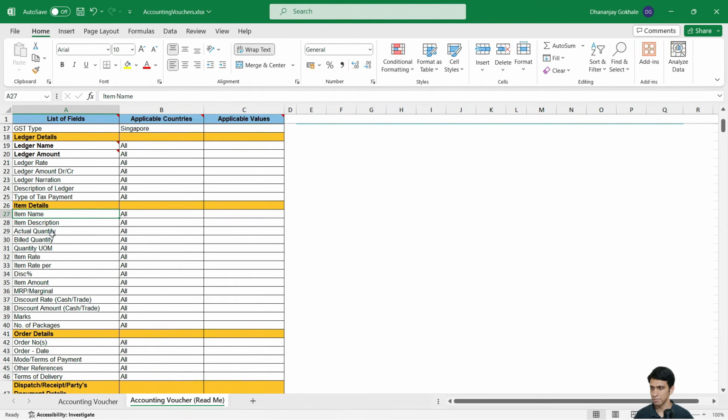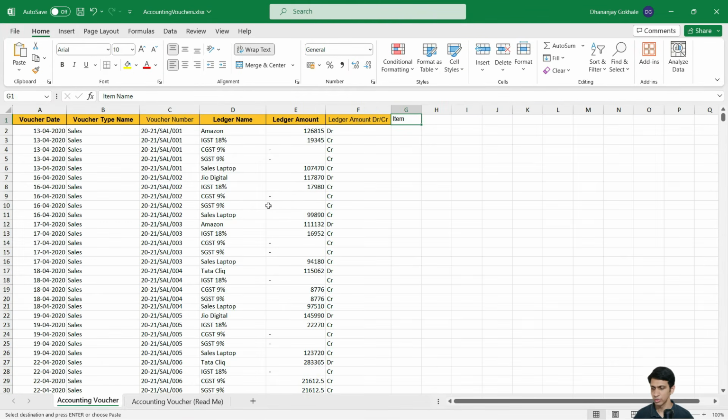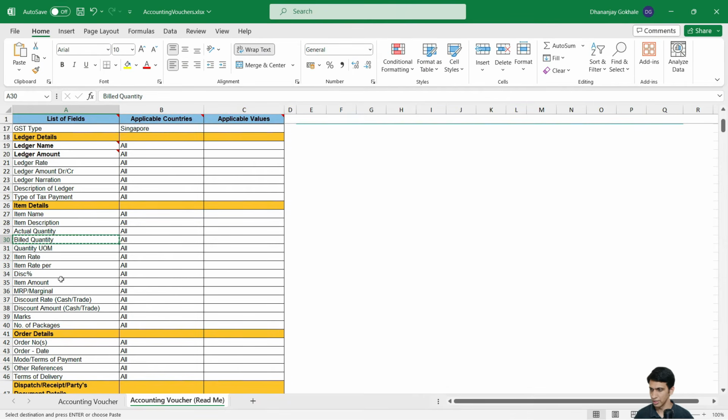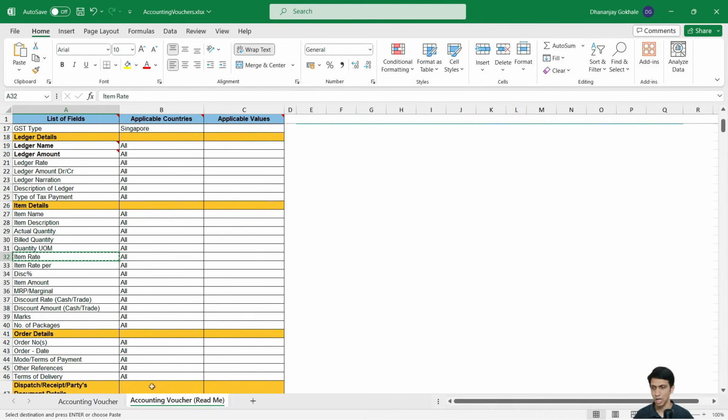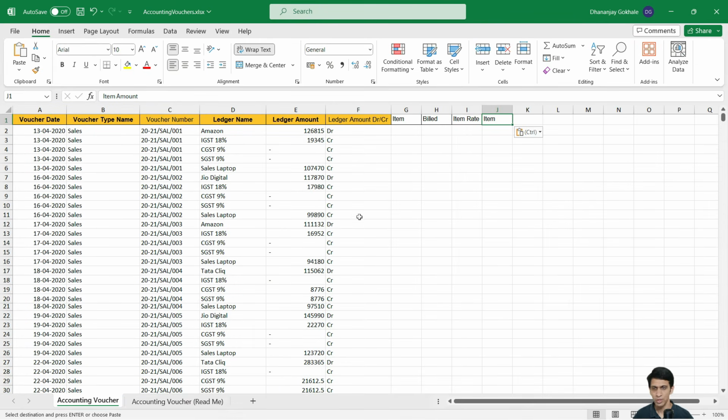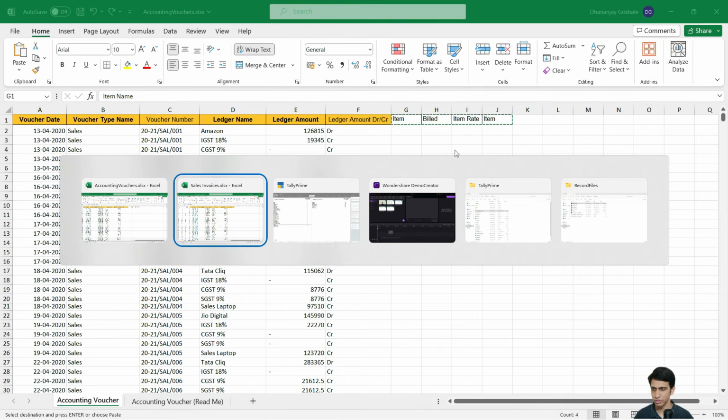Okay, item name, then quantity. So in my case quantity is 1 always. Okay, quantity, then rate, quantity, rate, and amount. Item amount. Okay, so these are 4 extra columns which I would be requiring. Let me copy paste those